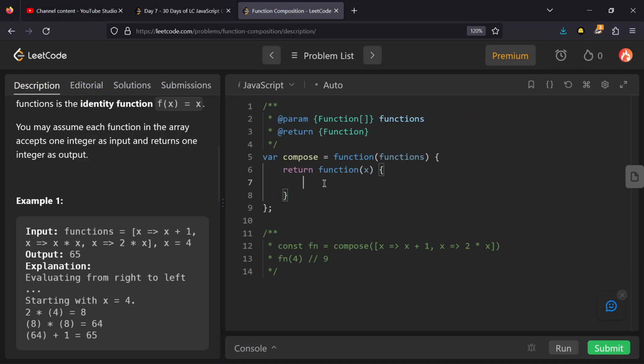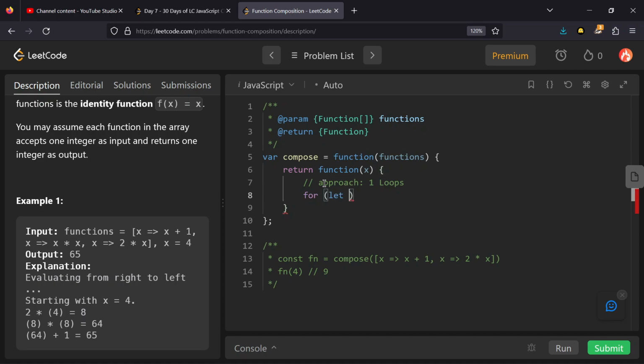So first, approach 1, I am using loops. So this will be the simple solution. So just write a for loop and let's iterate from end to beginning. So i equals functions.length minus 1, and i greater than or equal to 0, and finally decrementing our i.